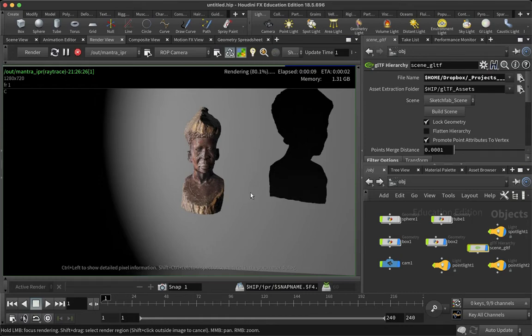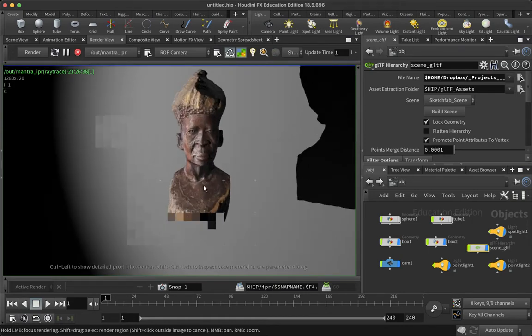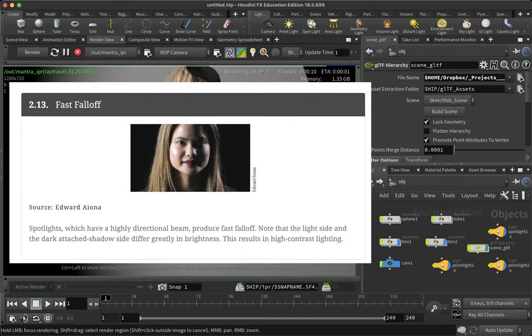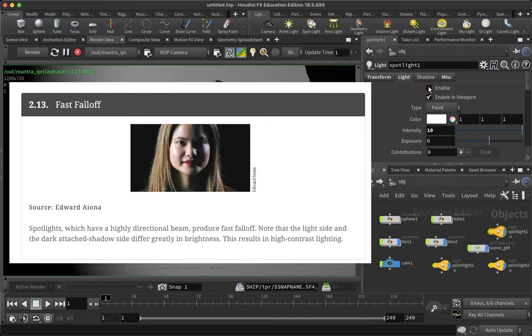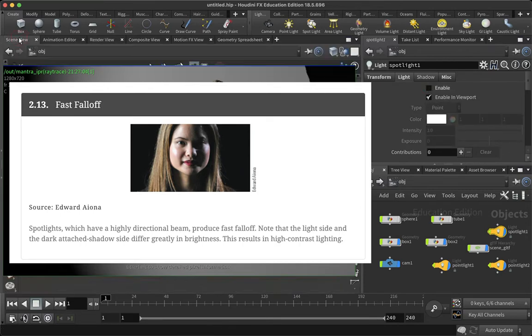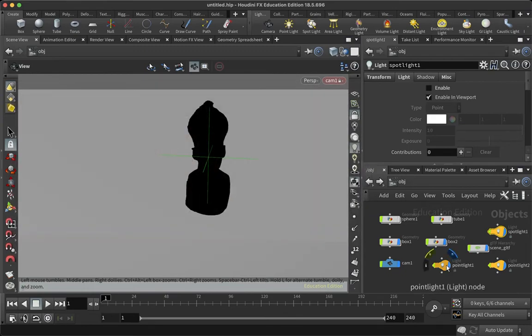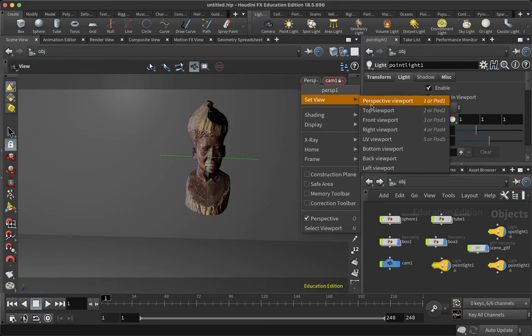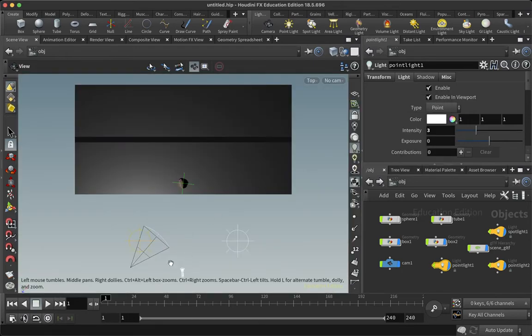And so now you can begin to work with the concepts in the Zettl that deal with facial lighting. For instance, we could do a fast fall-off situation. I'm going to disable my spotlight, go back to the scene view, turn on one of my point lights, go back to my top viewport,